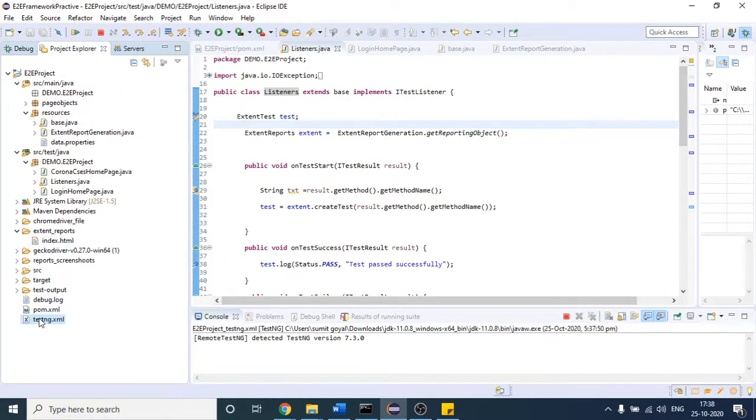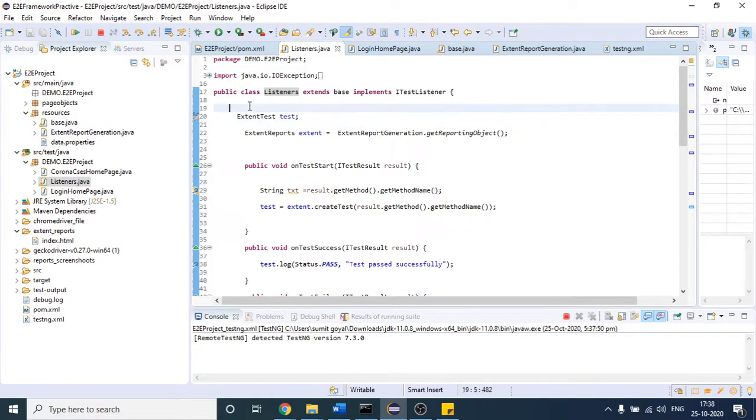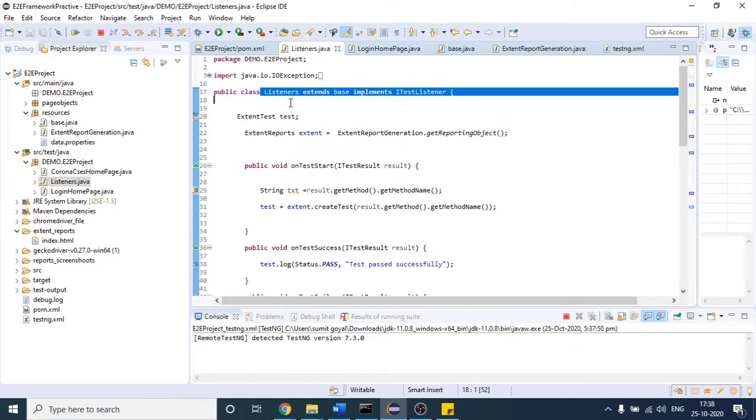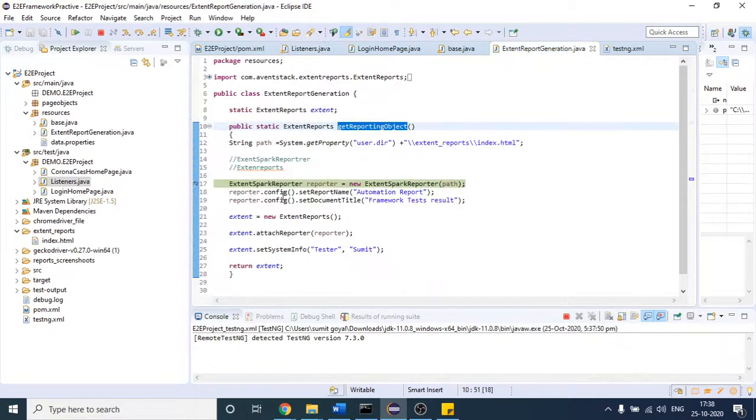Inside the test.xml file, I have provided where my listeners are present. Whenever your test case starts or fails, the listener is invoked. As of now the test case has started. Before executing any test case, your control will come inside that class. It has executed this one, and now it came here. This is our method, and this is the reason you are seeing that we stopped here.